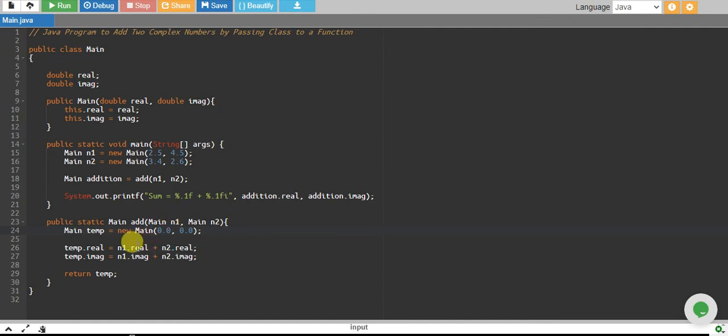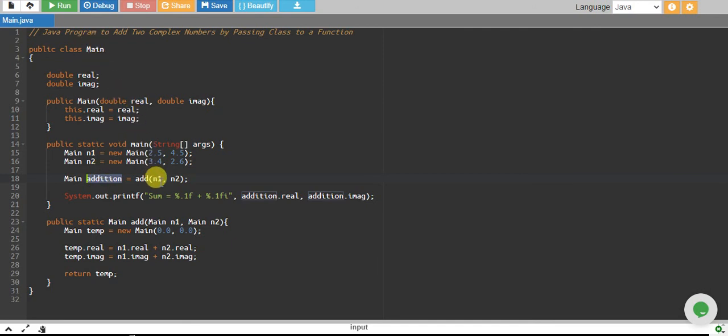So we added n1 real part plus n2 real part and assigned it to our temporary variable dot real part, and we added the imaginary part of n1 and the imaginary part of n2 and assigned it to the imaginary part of our temp variable, and finally we return this object. So this object will be finally returned over here into this addition variable, and finally this addition variable is a main object which has a real part as well as an imaginary part.